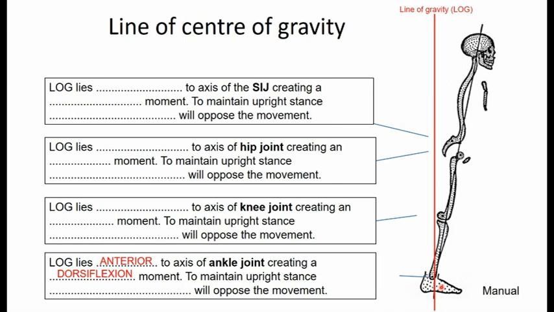So to maintain upright stance, certain structures around the joint will oppose that dorsiflexion moment. It will usually be structures on the opposite side to the way that the joint is moving. So in this case, structures on the posterior side of the ankle joint. Can you perhaps think of what structures lie posteriorly that could oppose this movement? They will be the plantar flexor muscles, such as gastrocnemius and soleus muscles, that can oppose this movement in order